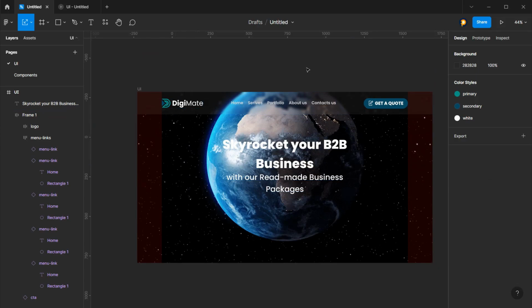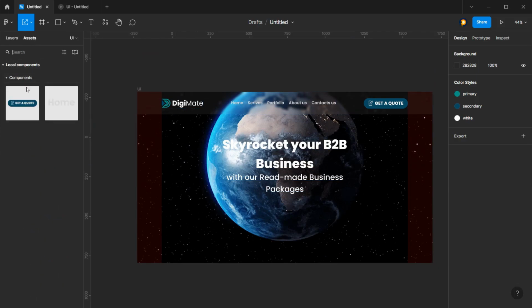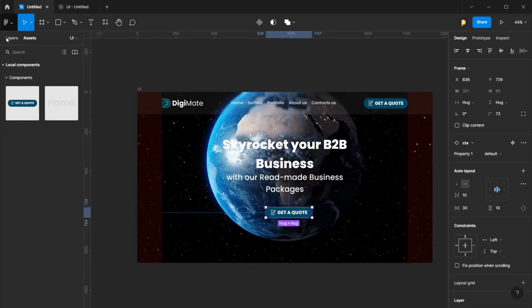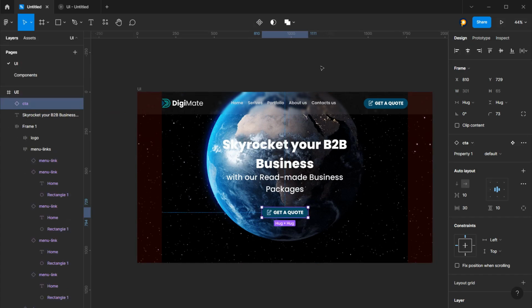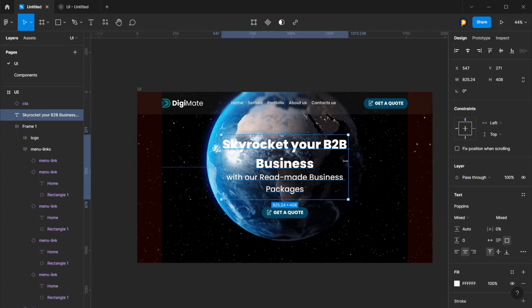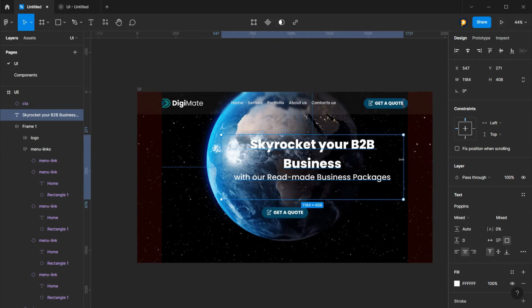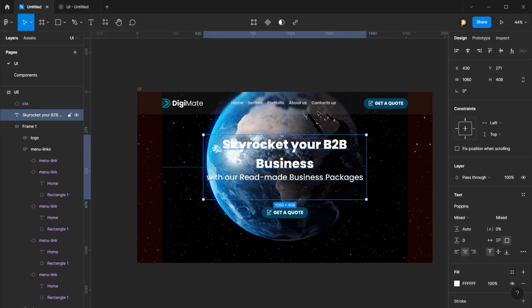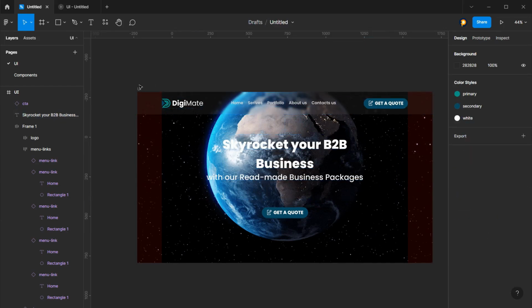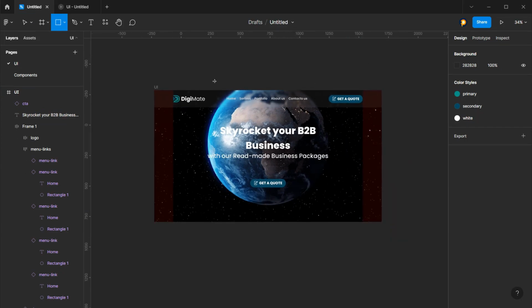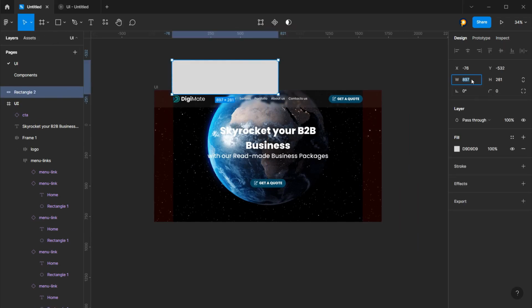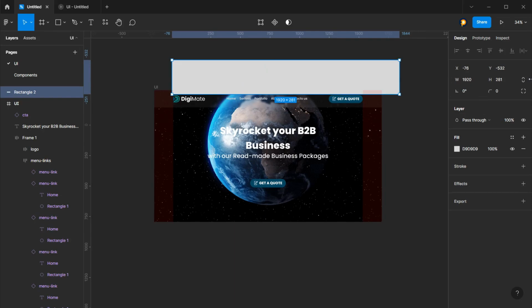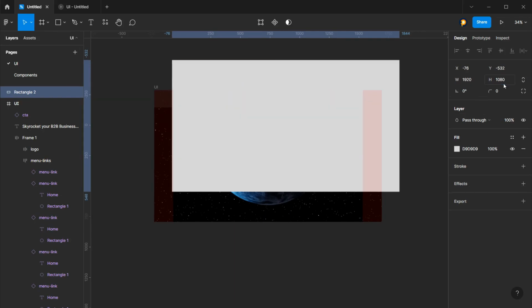Okay, so we will click on asset and use the get a quote button right here, and do something like this. We also need a gradient for this. We will choose a rectangle of the same size, 100, and